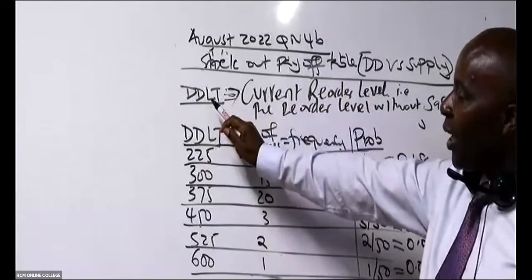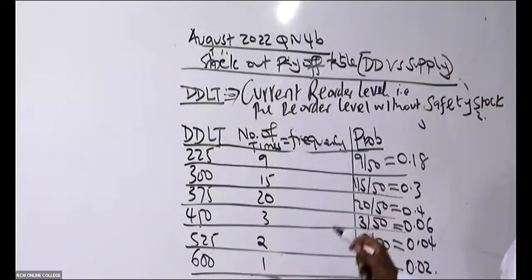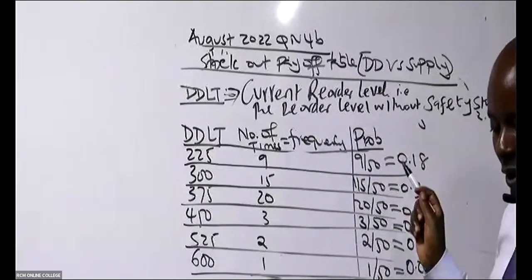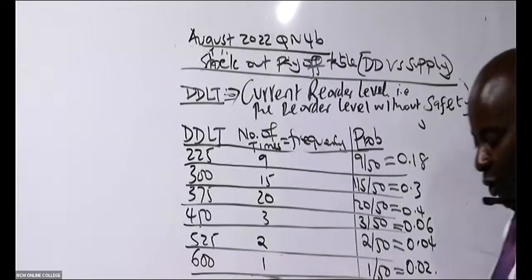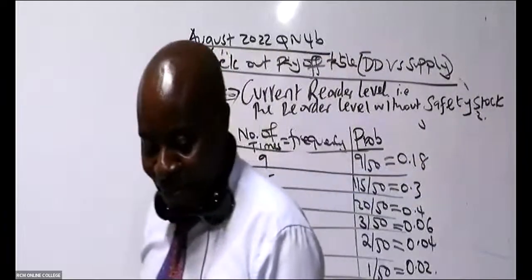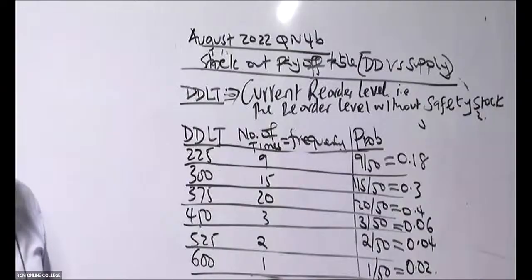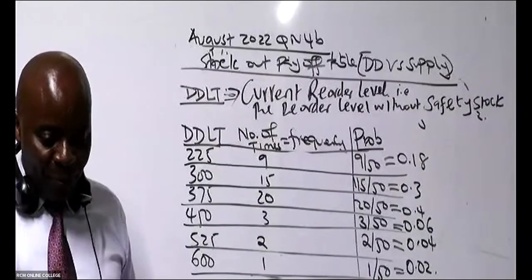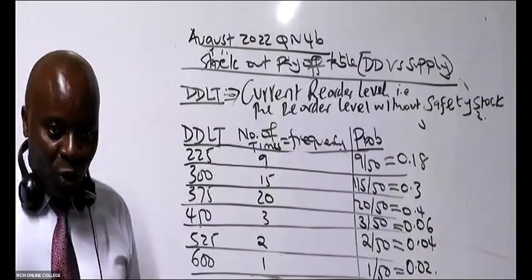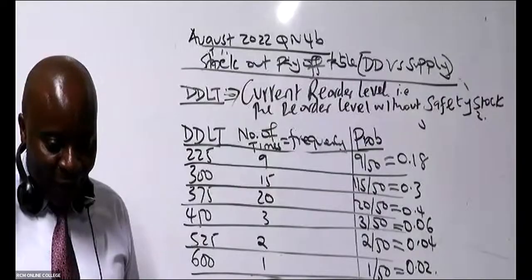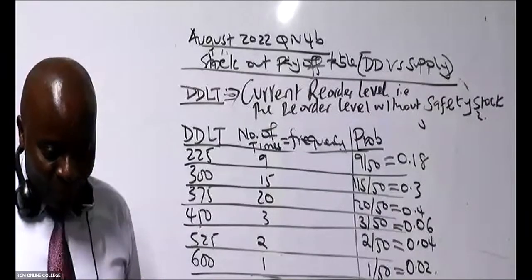So where do we start from? Which demand do we pick? We shall pick, in this case, that demand that doesn't have any safety stock. They're telling me Mwalimu start with 300. So the question is, the students who are saying Mwalimu start with 300, where are you getting your 300 from? Are you making reference to number 1? Please, in this case here, try to also contribute a little bit. Where are you getting 300 from? Perhaps we have something to learn from you. Please talk to me. The way you talk to your father, you talk in a way that you don't fear. Where are you getting this 300 from?